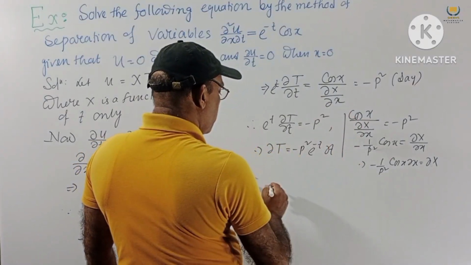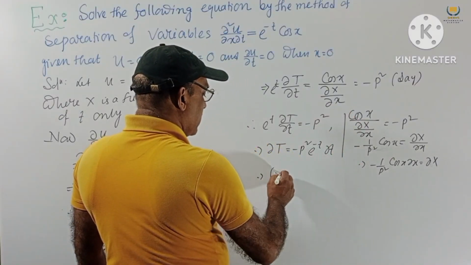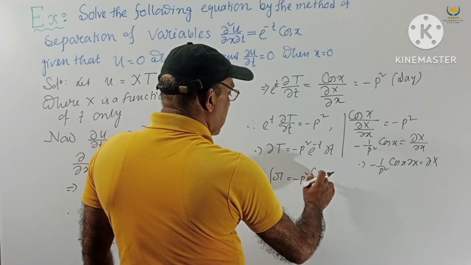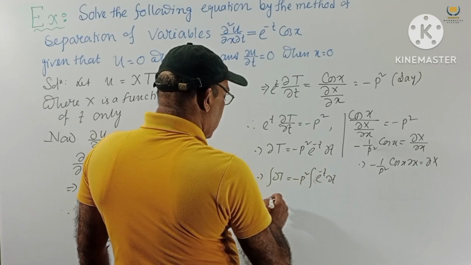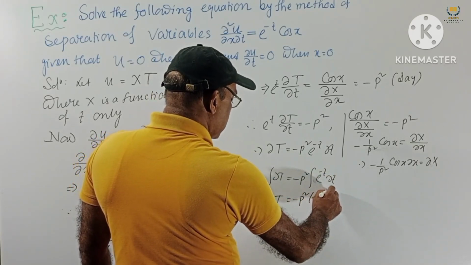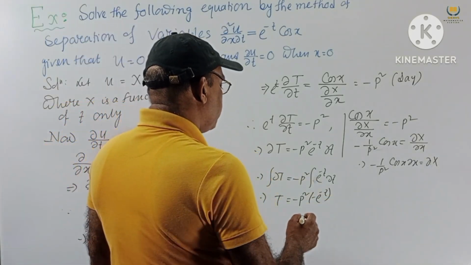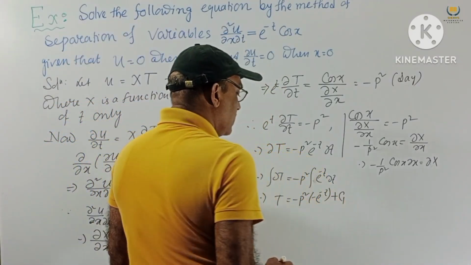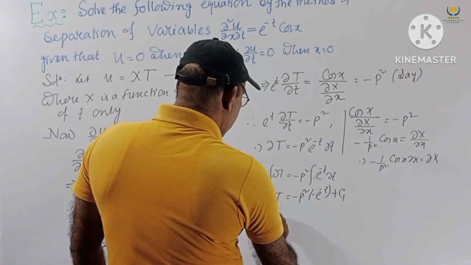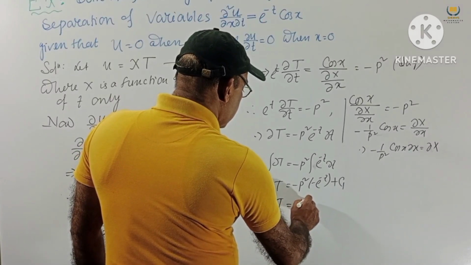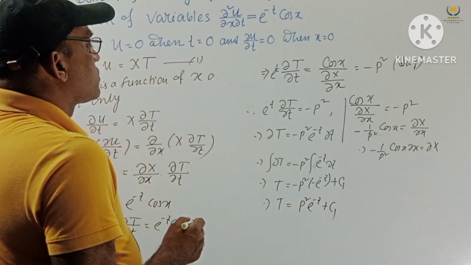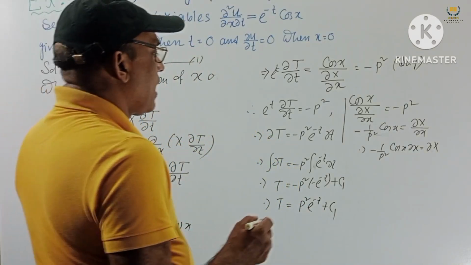So we get this, and if we integrate on both sides, del t equal to minus p square minus e to the power minus t del t, and this is t equal to minus p square minus e to the power minus t plus c1. We consider c1. So t equal to p square e to the power minus t plus c1. So we get this one, and this implies